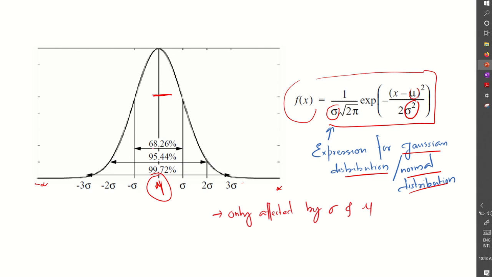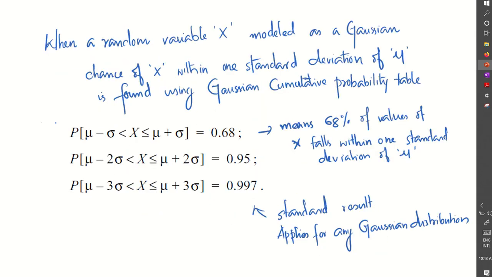So when a random variable x is modeled as a Gaussian, the chance for x to fall within one standard deviation, meaning within plus or minus sigma,